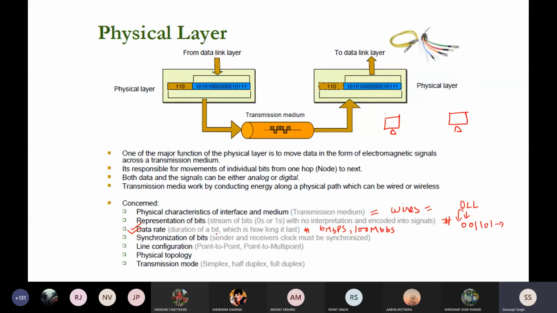So what exactly is the synchronization of bits? Suppose you send a message at 8:40 a.m. from a sender to a receiver. I definitely know that my message will be delivered at 8:41 a.m., and I will get an acknowledgement around 8:42 a.m. It is just an imaginary scenario.